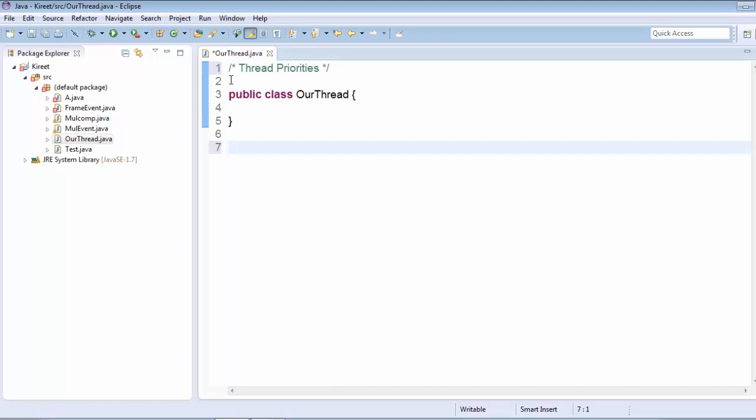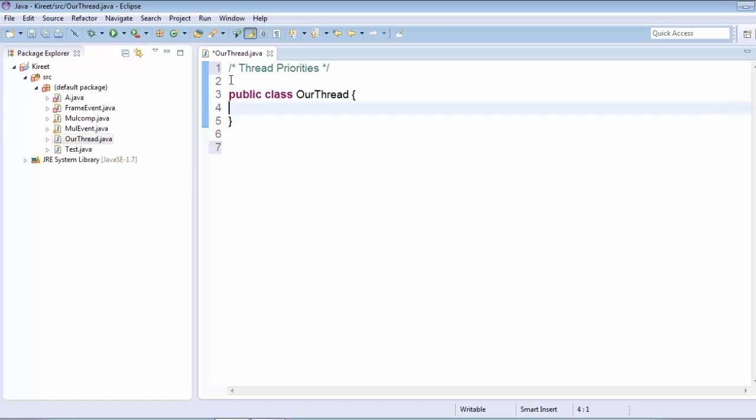If both the threads executing in a system have the same priority, then it is the work of the thread scheduler. The thread scheduler will come into place and will either assign a round robin algorithm or a preemptive algorithm. It completely depends upon the JVM specification. So the thread scheduler is very important in scheduling the priorities of a thread. Here we define three constants in our thread class that give the thread priority.